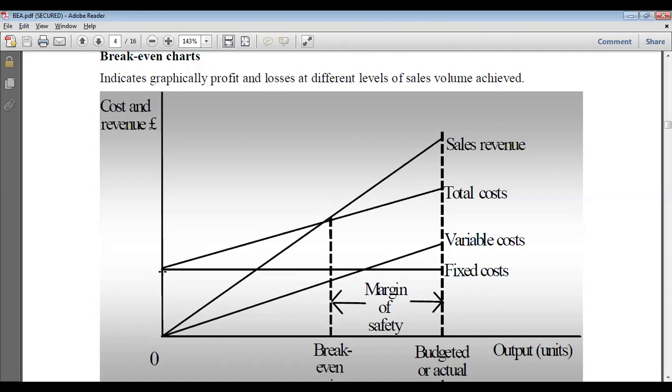So at the start of the day, we are producing one part, we are selling one part. So one product will have fixed cost, and variable cost was zero. So we start from 0, 0. So we can see that total cost is a sum of fixed cost plus variable cost. So this line will be depicting total cost.